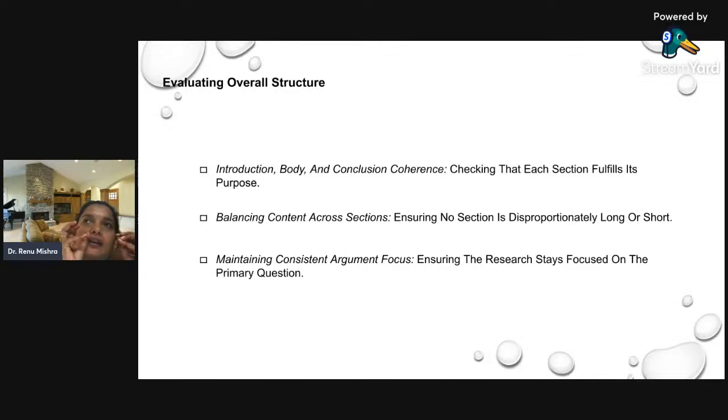Your main research is not about detailing the literature. Your main research is about how you answer the questions, how you remain focused on your primary question, be it one, be it two, or any number of questions you have. That's what editing does for you. So, in a nutshell, editing lets you remain focused.